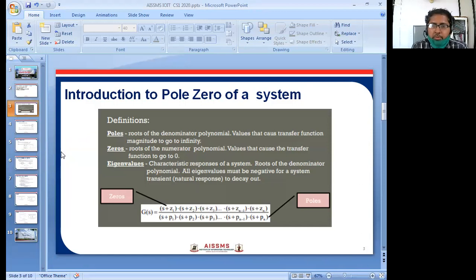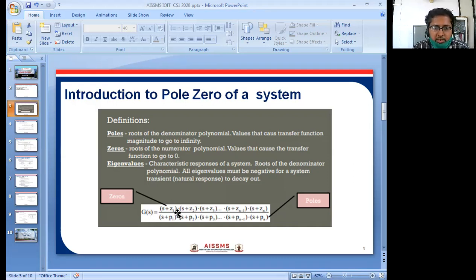First of all, we have to know the definition of poles, zeros, or eigenvalues in a system. Poles can be defined as the roots of the denominator polynomial, the values that cause the transfer function magnitude to go to infinity. Similarly, zeros are the roots of the numerator polynomial, the values that cause the transfer function to go to zero. Here we can look at one example where G of s is equal to